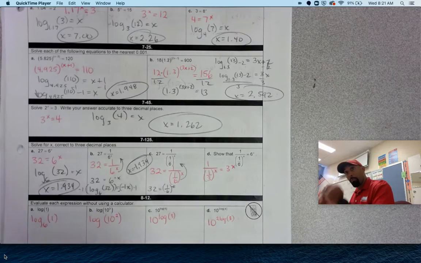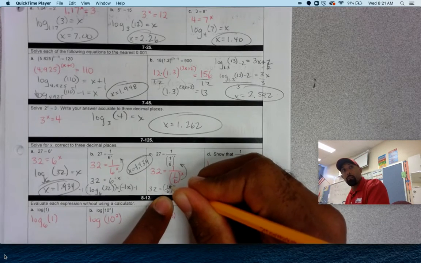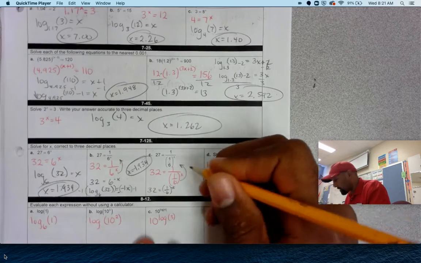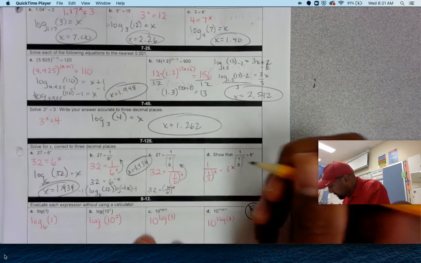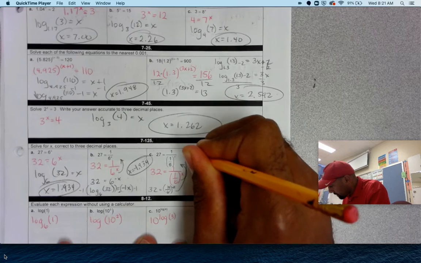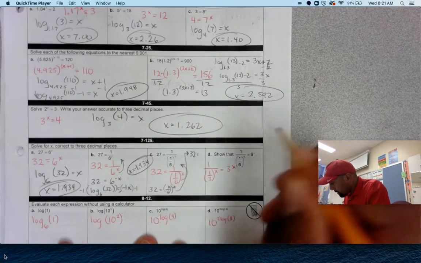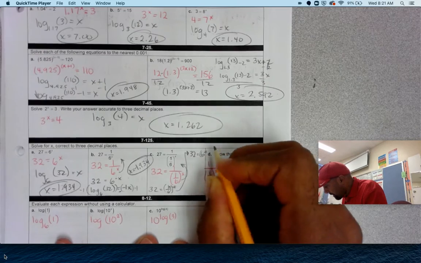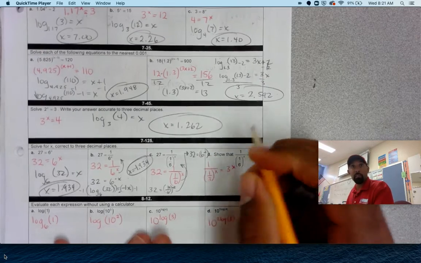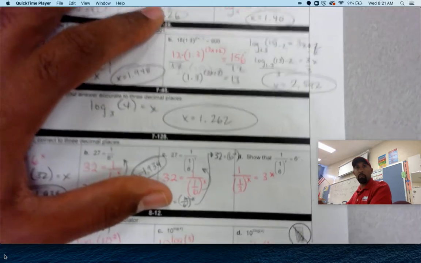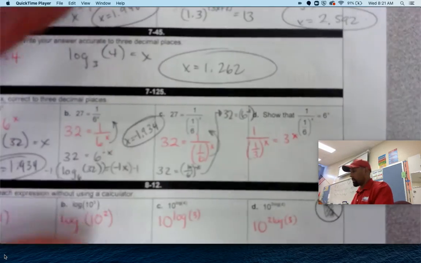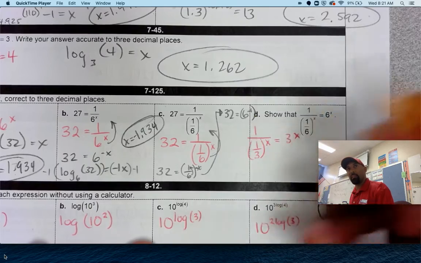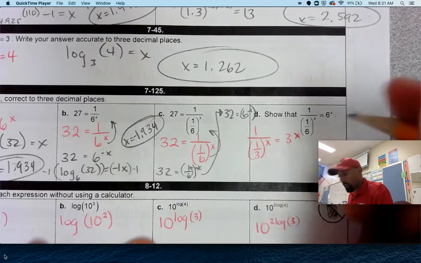So inside the parentheses, right inside there, I'm going to move that 6 up to the top. So just inside the parentheses, though. So I'll move that up to the top, and I'll show you what that looks like. Okay, so basically that's 6. I'm going to move it up to the top, and now it's 6 to the negative 1. So sorry, I know that's a little tough to see. Okay, so you can see it's 6 to the negative 1 now, and then that negative x is still on